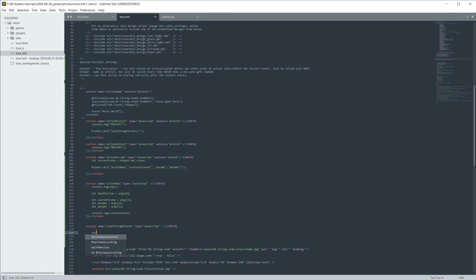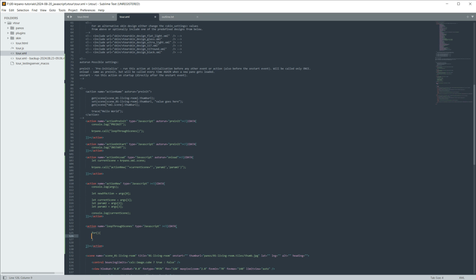Let's try the traditional for loop. So you have the declaration, and then the condition less than Krpano.scene.count, and then the increment or decrement, and then here we do